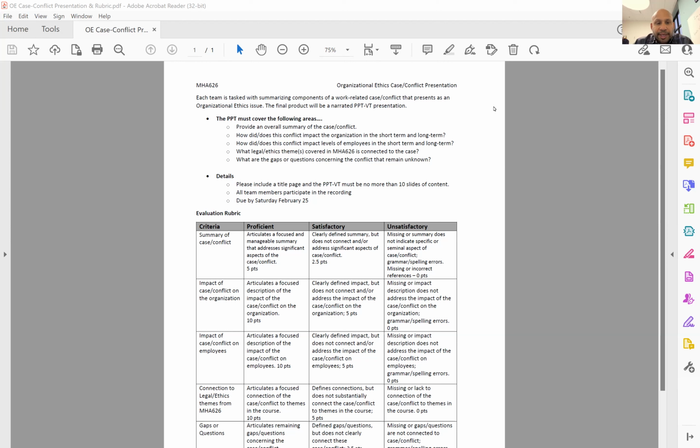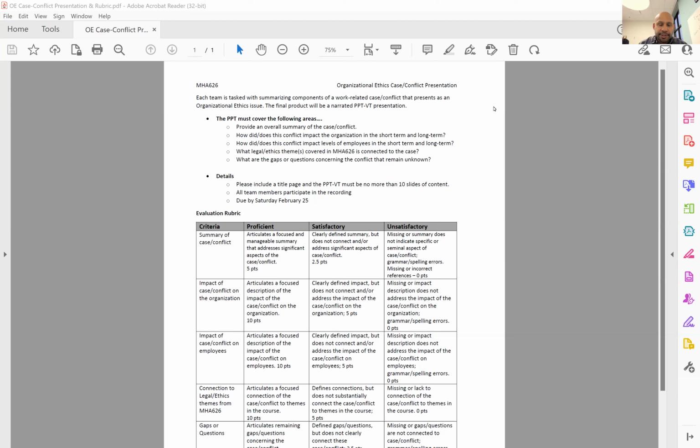Let me go back to the second and third bullet points, the short term and the long term. What does that length of time mean? For the most part, short term is a year or less, just to give you some parameters. Long term would be two or more years in the future. That is the parameter for what short term and long term mean in this discussion.